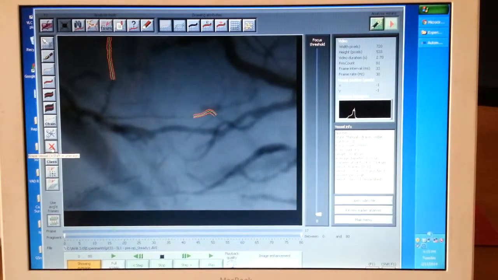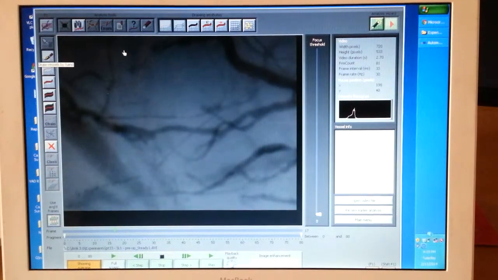And if at any point you draw a vessel and you don't like it, you click on this X here, and you click on the vessel and you erase it. Okay? So for the manual drawing approach, you click on this paintbrush right here, and you need a steady mouse. What you do is go in the middle of the vessel, and you'll see it lets you freehand draw. You go into the middle of the vessel because once you finish drawing and release the mouse button,